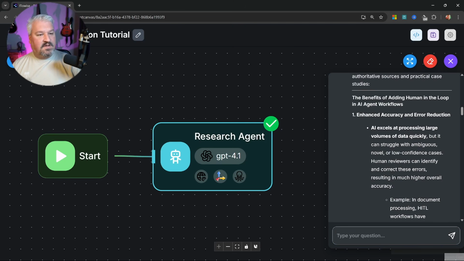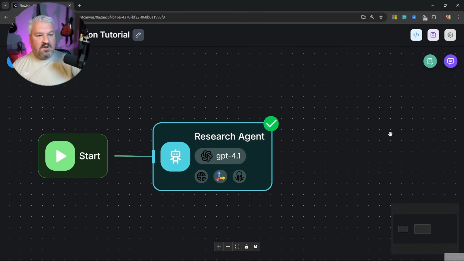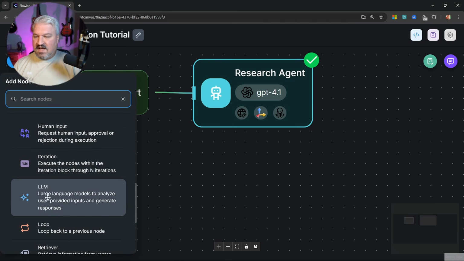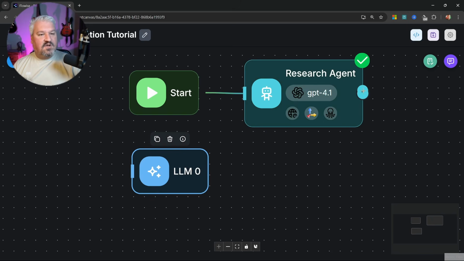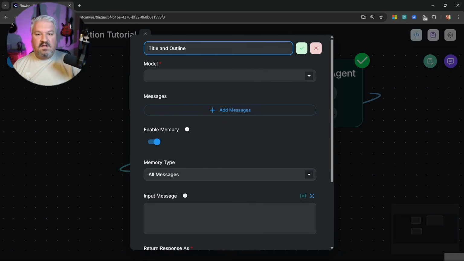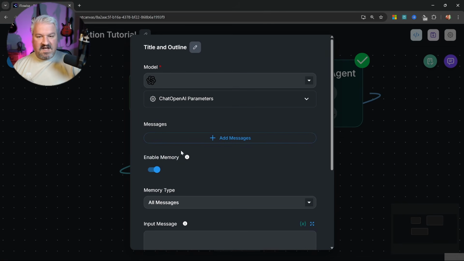And then our agent produced this detailed research report. Right, now what we want to do is generate a post outline based on this research report. So let's do that. Under Add Nodes, let's add the LLM node, and let's connect our research agent to this LLM node. Then let's rename this guy to Title and Outline, and for the model, I'll go with Chat OpenAI